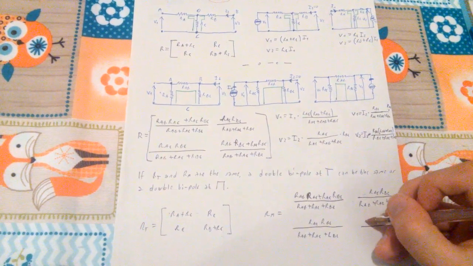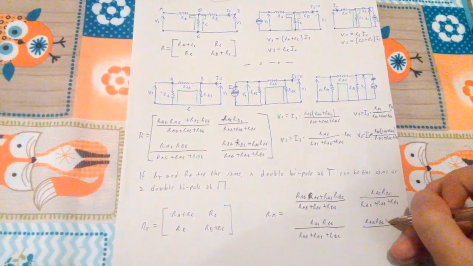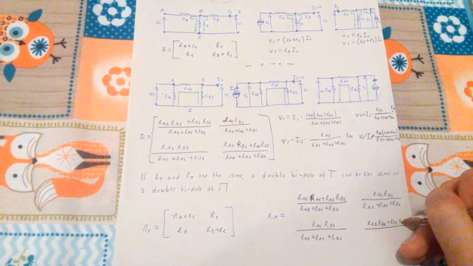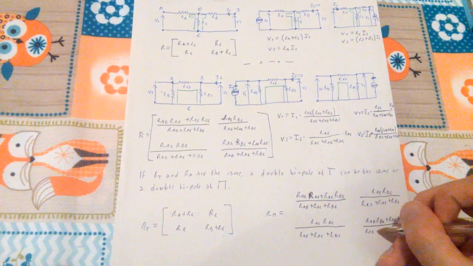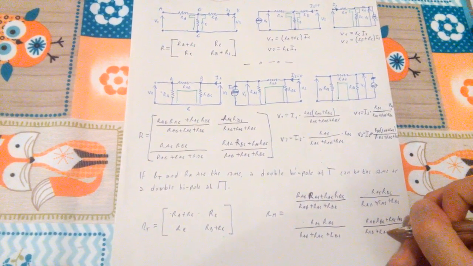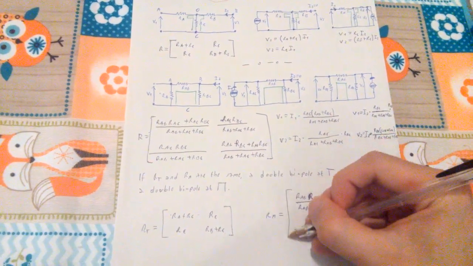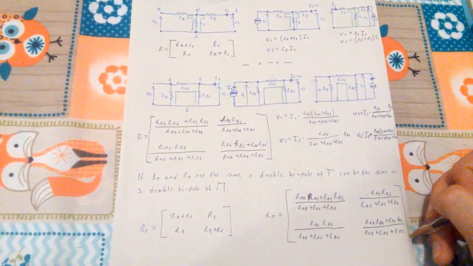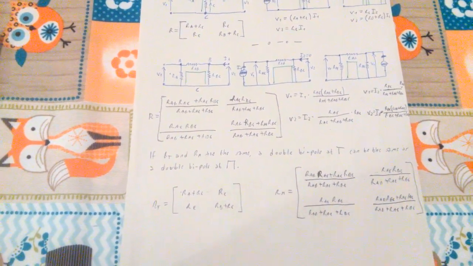And here we have RAB, RBC plus RAC, RBC over RAB plus RAC plus RBC. So if those two guys are equal, then a double bipole at T can be the same as a double bipole at